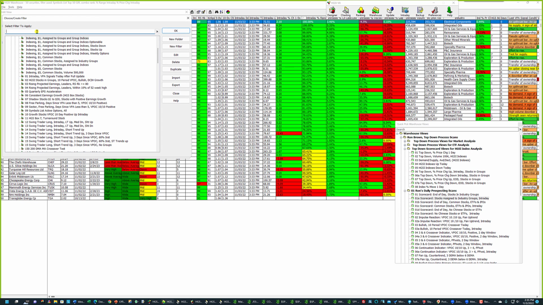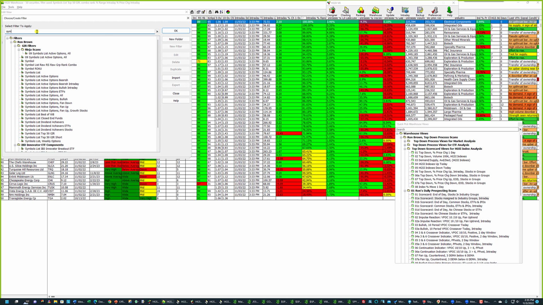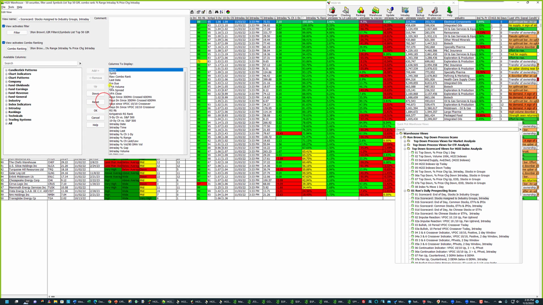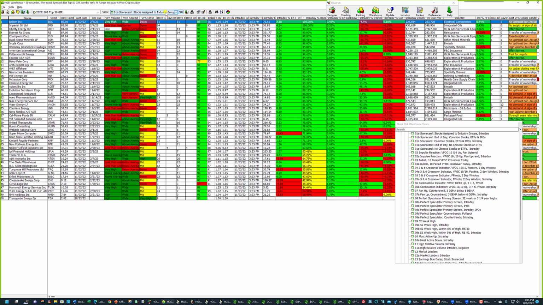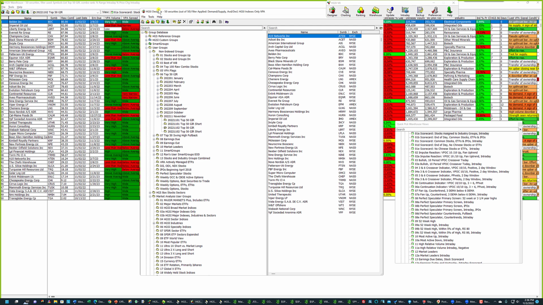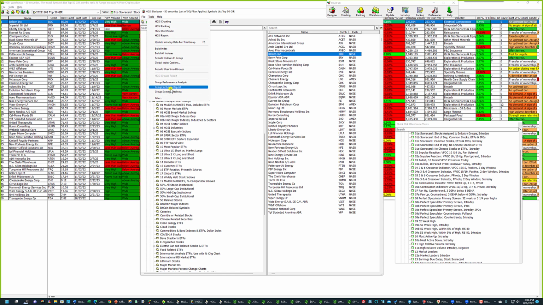I'm going to do it this way just to make sure you don't get messed up. Symbol list, top 50, group inclusion report. I'm attaching it to my primary intraday view. So you can see the top 50 is a symbol list. This is the filter that I'm using. And then I'm going to go back over here and I'm going to